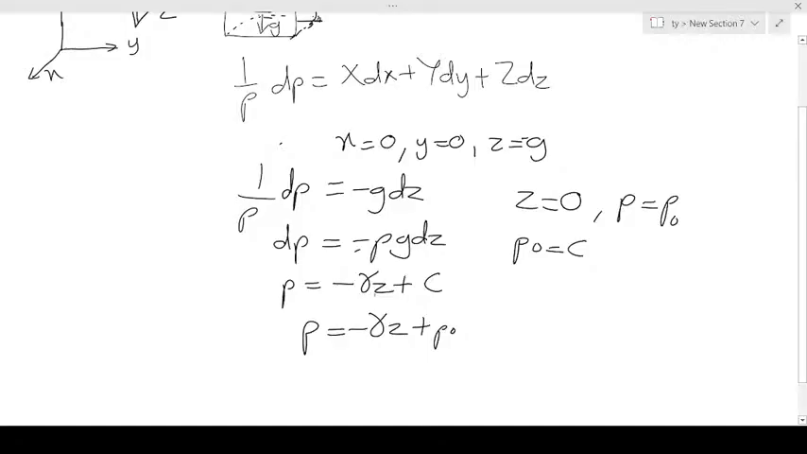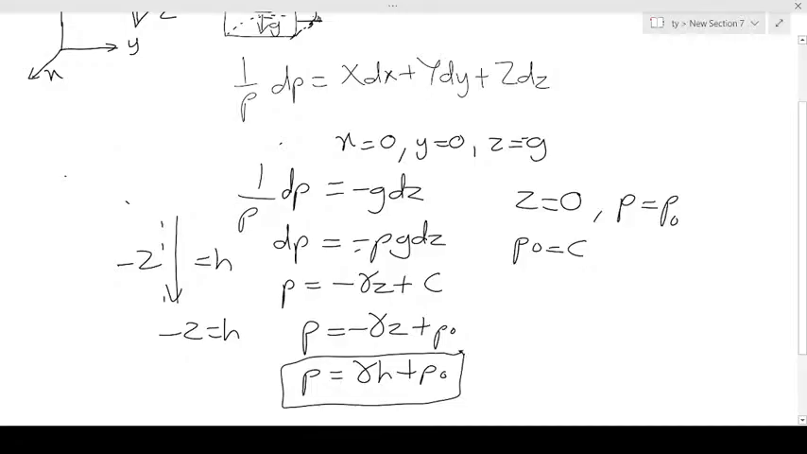And let us say that the distance moved in the negative z direction, let us call it h. So that means h increases as you move downwards, right? So if we say that negative z, let's make it h, it means our formula now becomes gamma h plus p naught. And this is the fundamental equation for hydrostatics. This is the equation that we are going to be using mostly, and we will also have various forms of